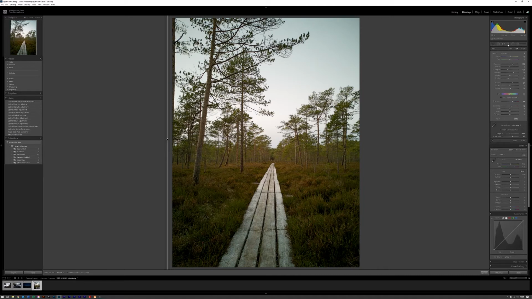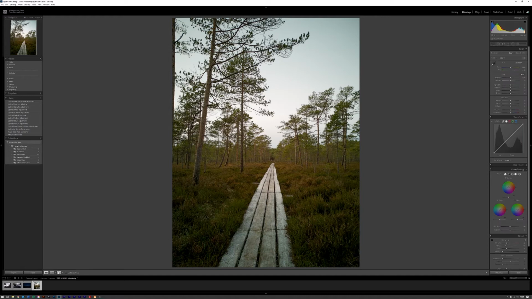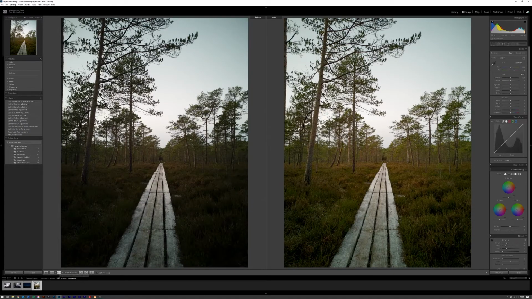Now I'm going to click off the range mask. I'm going to come down here to where it says YY, and click in here so you can see the differences between the original image and the image that we're currently editing. You can see there's far more detail in the image that we're editing. Of course, this has varying degrees of effect on JPEGs because some of that information has been stripped out of a JPEG to make it a smaller file size. These of course are raw files, so all that color data and detail data is still contained within the image. So it does work to some effect on JPEGs, but you'll get a greater effect if you use a raw image.